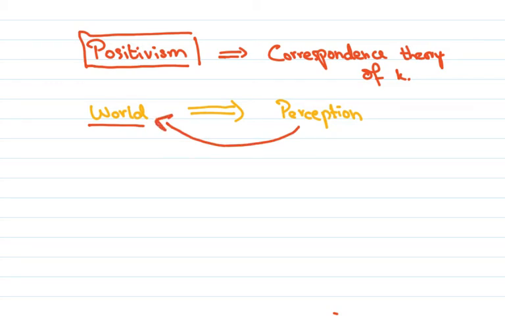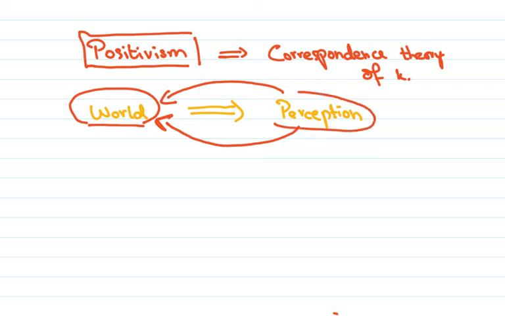Now, what does that imply, really? This might seem very obvious to most of us: that there's a world out there, and we perceive it, and there is correspondence between what this world is like and our perception of it. And this is really what a lot of quantitative science is built upon. However,